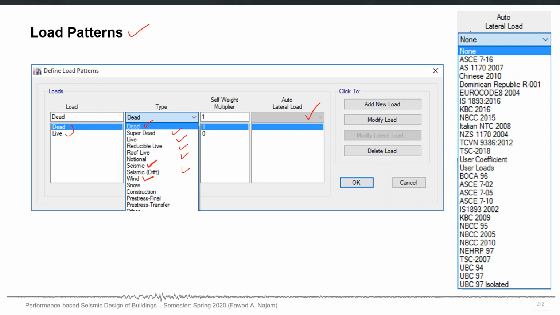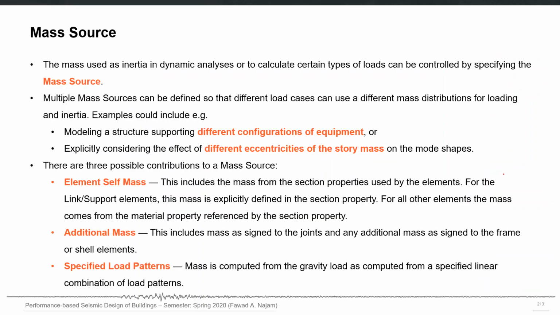For example, for the auto lateral load seismic case, here you can see the list of different building codes which can be used to define this automatic load pattern for seismic loads. You can see this whole list of different building codes which you can use to define your load pattern.